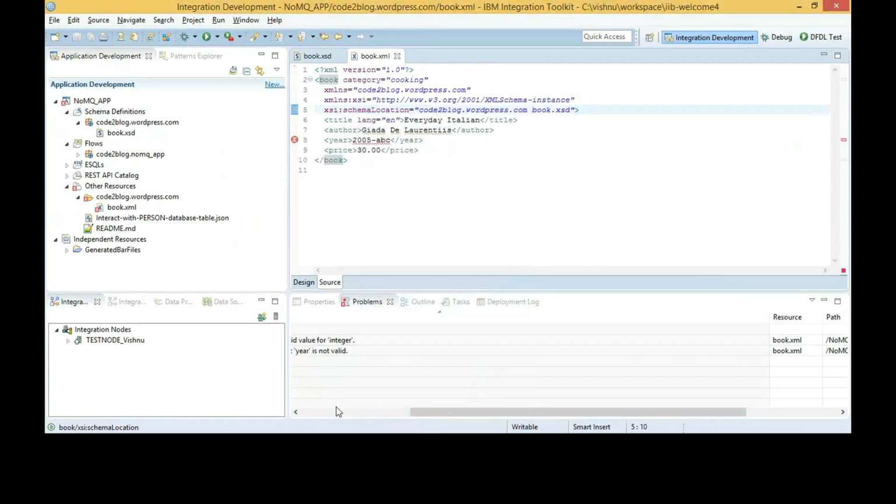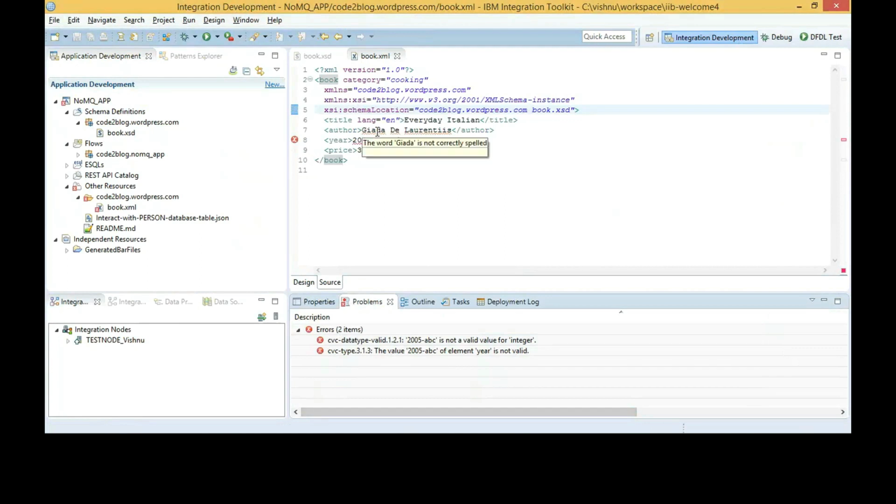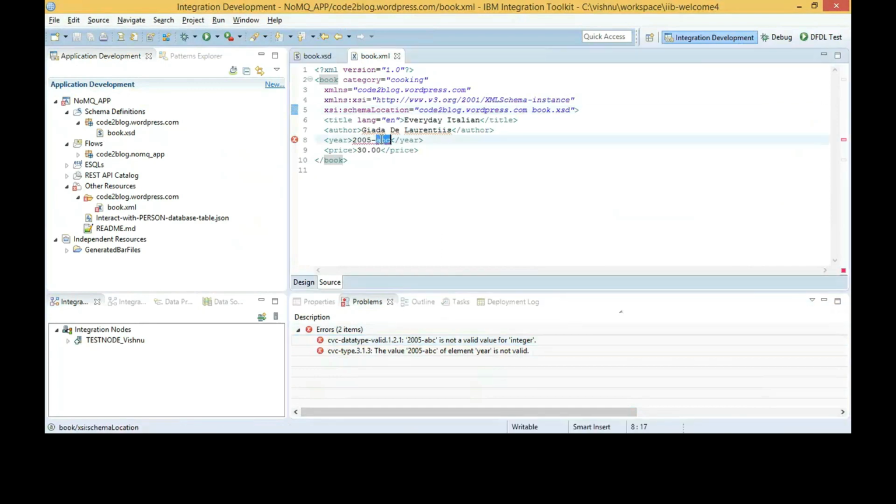You see some validation errors now. It says the price field is not an integer and hence you get an error. Line number 8.